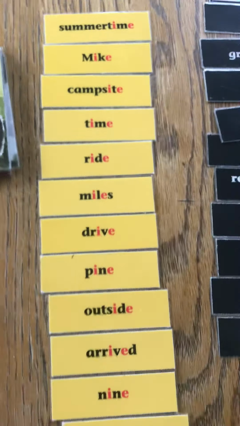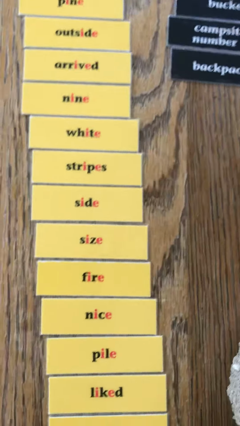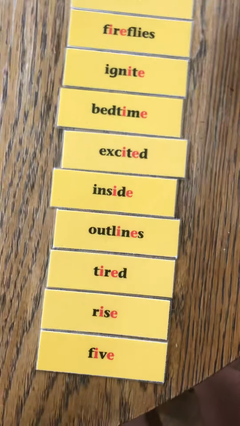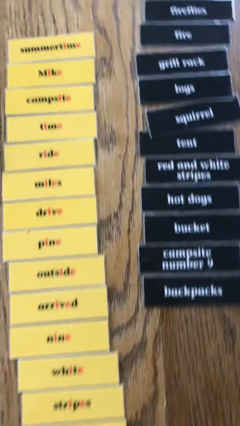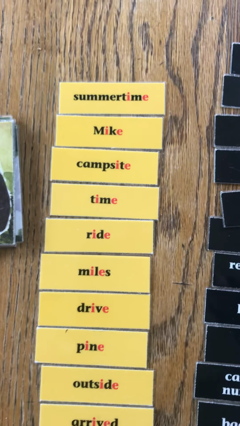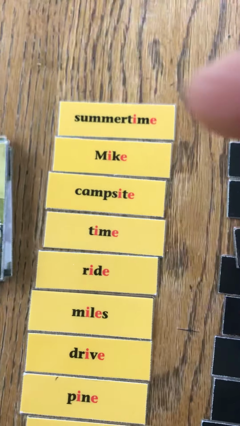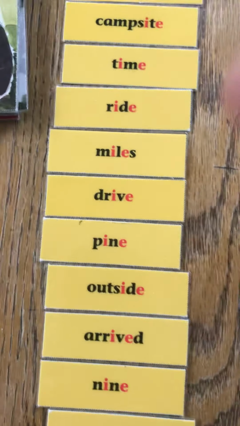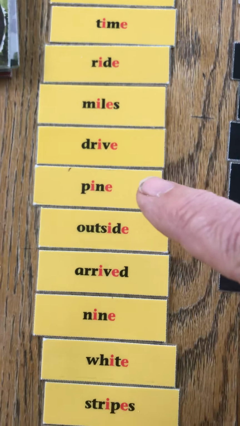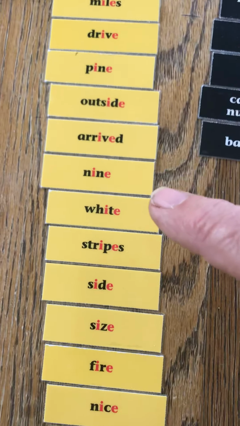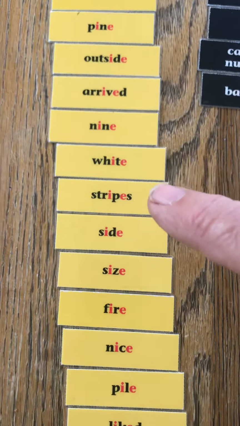And you can see I have a few words right here that change to the I sound because of that silent E. Okay? Let me read them real quick, and then you can maybe identify those words when I'm reading the story. Summer, time, Mike, campsite, time, ride, miles, drive, pine, outside, arrived, 9, white, stripes, side, size,